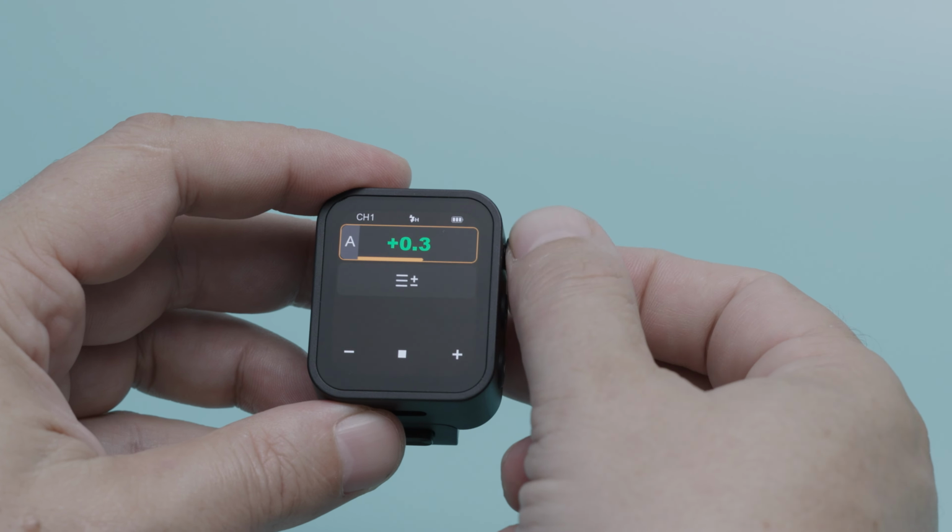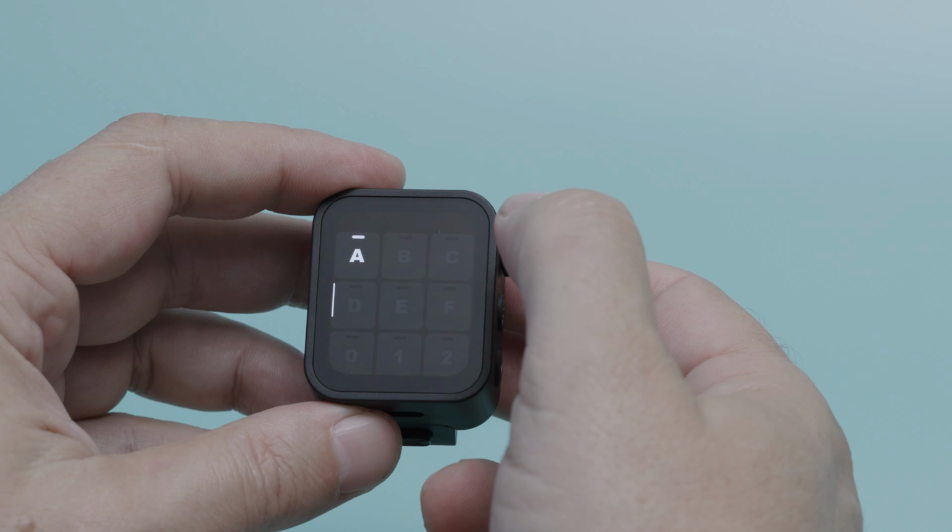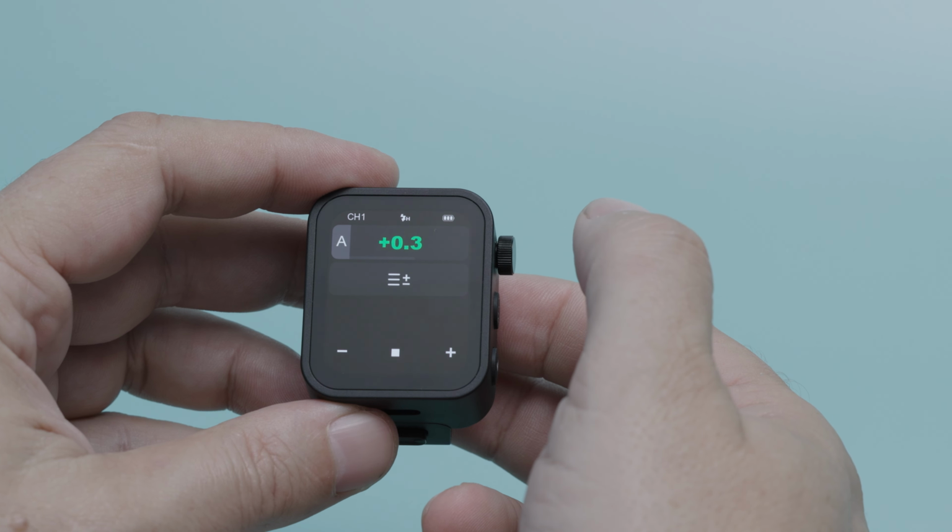So if you have only one flash, you just choose group A. If you have two flashes, you get two groups, three groups, or whatever. So it's very nice, because if I'm using a flash or two, I don't have to use all the real estate of the screen for information I don't use. So if I have only group A, I'm just choosing that, and it's only one group showing, and I can adjust it very nicely and easily from the touch screen or with the help of the side button. Just to show how easy and intuitive the new trigger from Godox is,